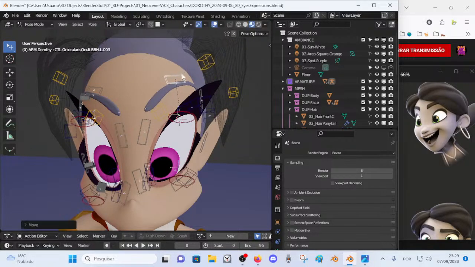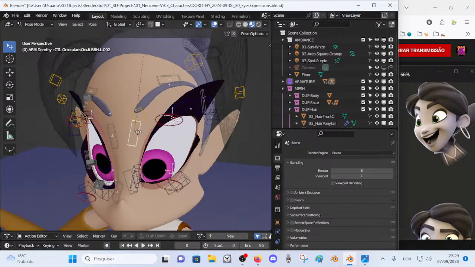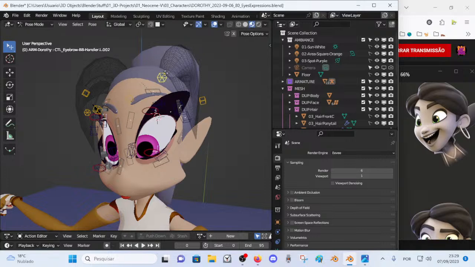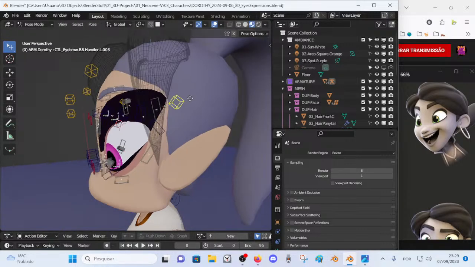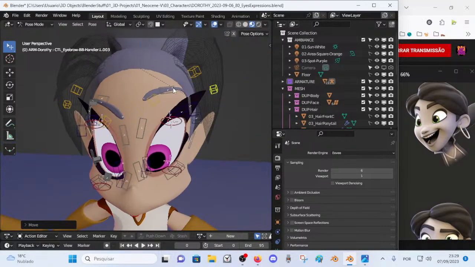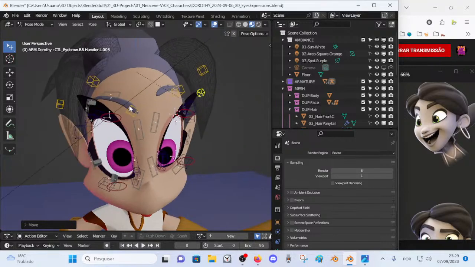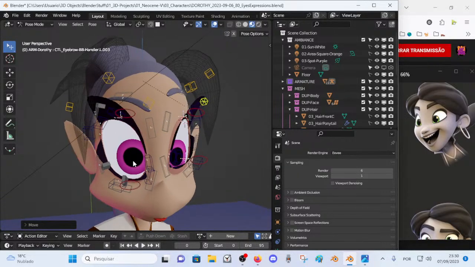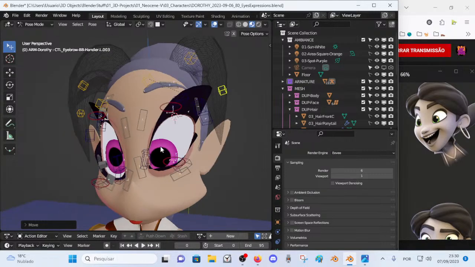And then some eyebrows here, something like that. And yeah, I've hidden some of the hair which is not completed. Anyways, I've hidden the hair because it will, well, for this case maybe